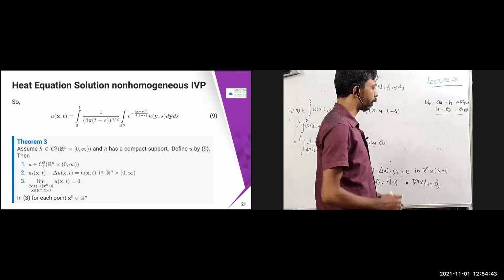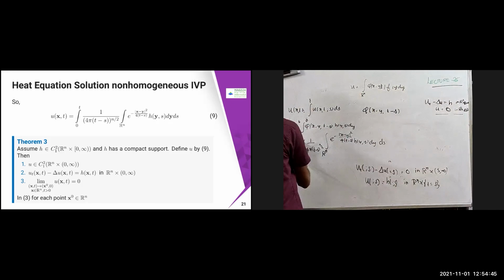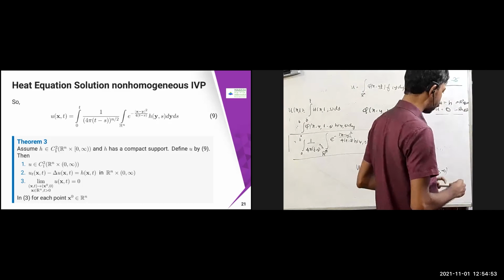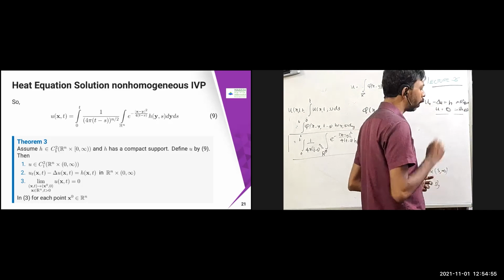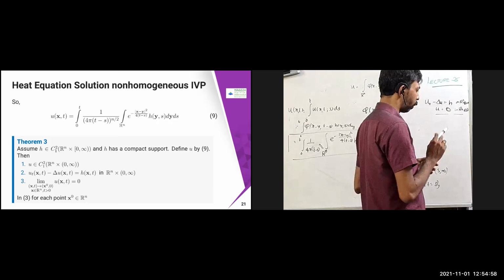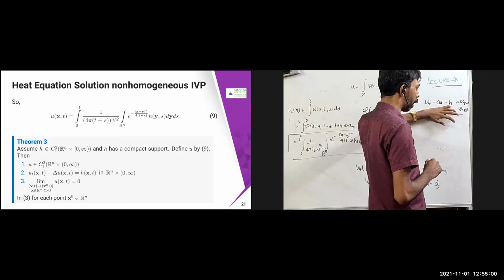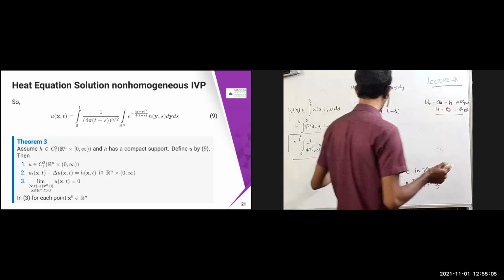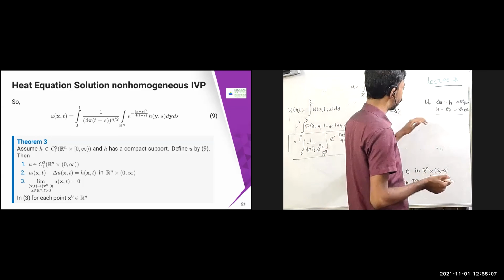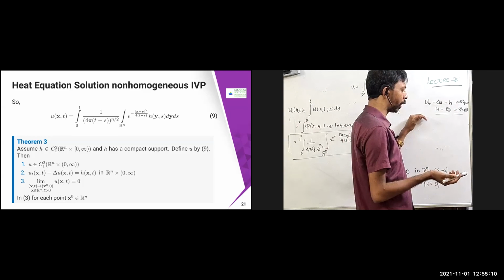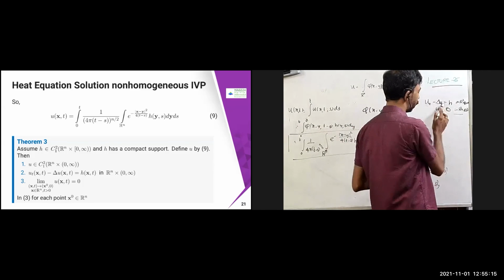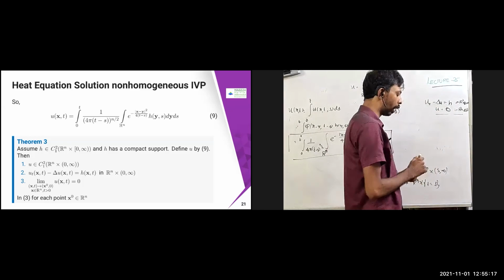So now we can prove this theorem. This is going to be the solution for our heat equation, for the inhomogeneous equation. This theorem also we are going to prove, but I'm not going to prove it today. We'll prove it in the next class. We can assume that k belongs to C^1 of R power n cross (0, infinity) and has compact support. Then we define u in this way, and what we are going to prove is that u belongs to C^2_1 of R power n cross (0, infinity), and that the equation is satisfied.